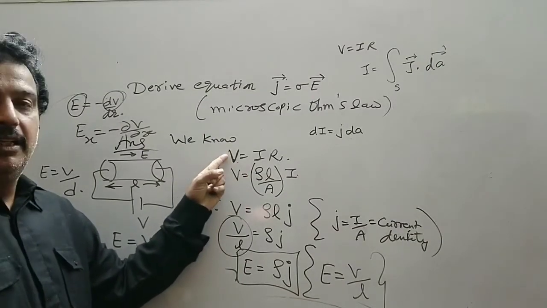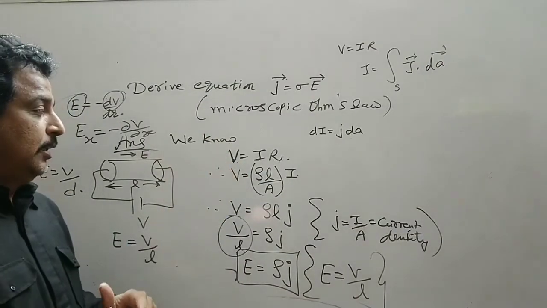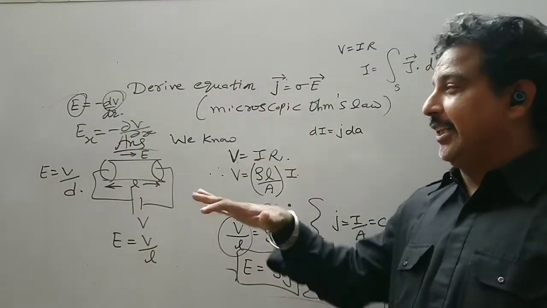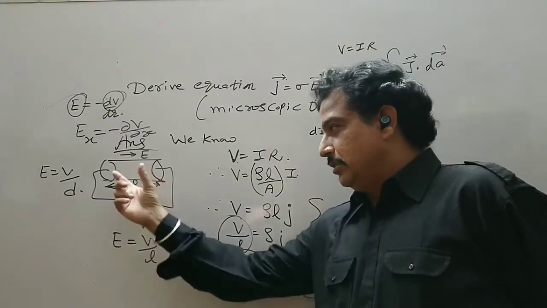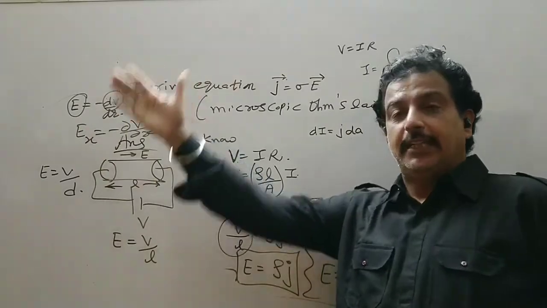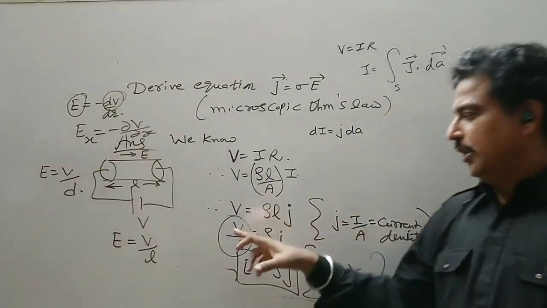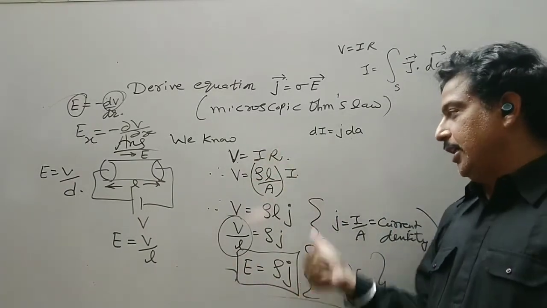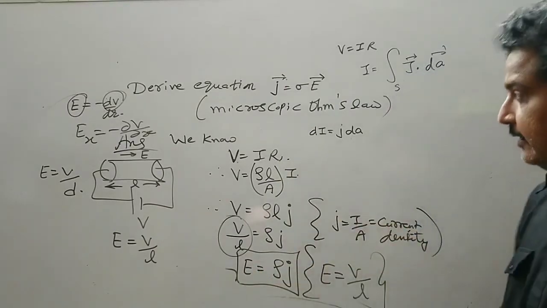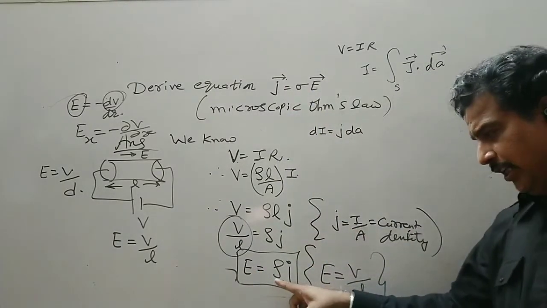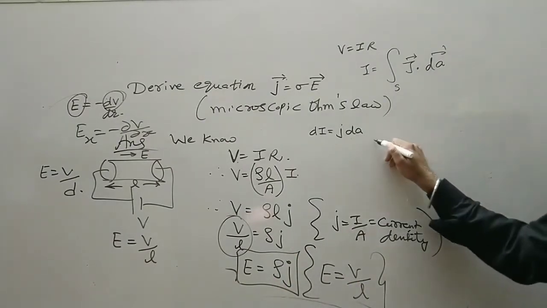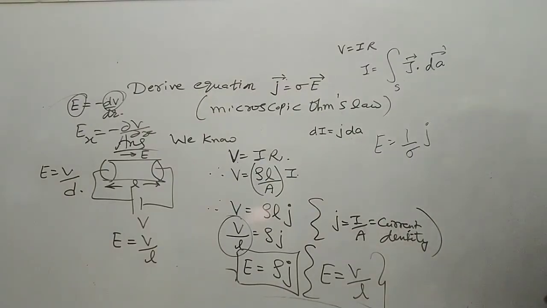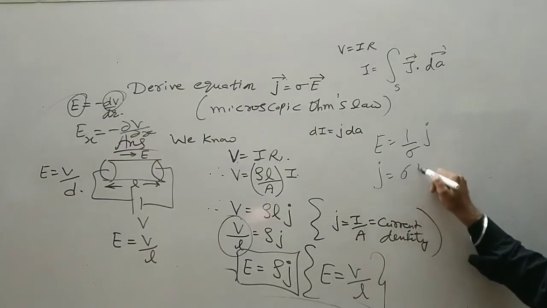So if you don't remember this equation, we all remember Ohm's law. In the place of V, I write E, because a battery or a cell creates an electric field intensity, when we connect a cell or a battery such that one end is at high potential and the other is at low potential. So instead of V, I will write E. I has a relation with current density, so J. R has a relation with rho. Clearly, the reciprocal of resistivity is called conductivity. So E is equal to 1 upon sigma J. So J is equal to sigma E.